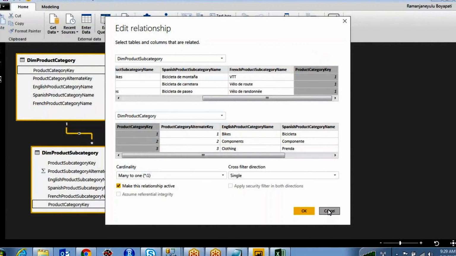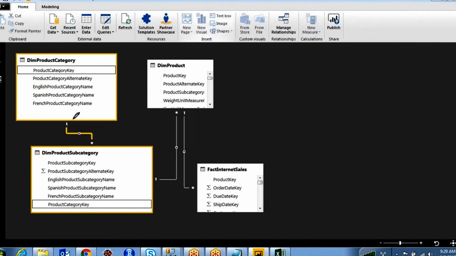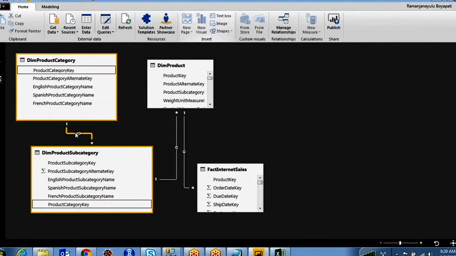Without opening this one, you can identify which one is one and which one is many. See, there is a 1, and this symbol indicates many. Got it? Because in the product subcategory table there are many category keys, and in the category table the category key is only one. Is it clear? Yes, sir. Clear. Right. So one more important thing here is